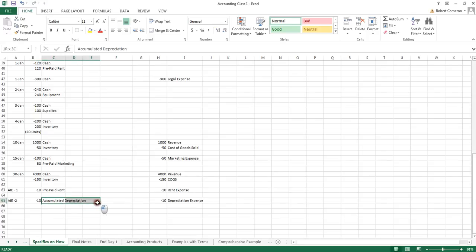That's why we have this contra account, accumulated depreciation. It takes away from equipment, but we're not going to subtract straight from equipment, like we sort of subtracted straight from inventory or something like that. Just because the nature of equipment is really important, we keep track of it in a certain way,